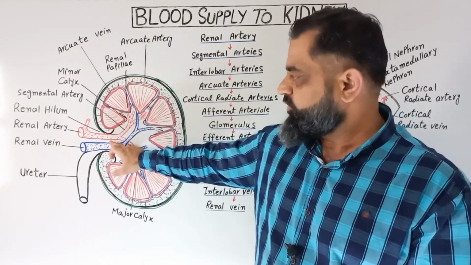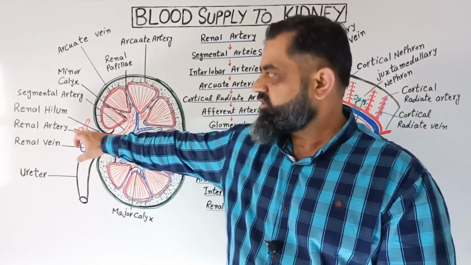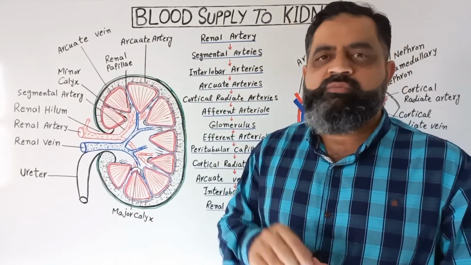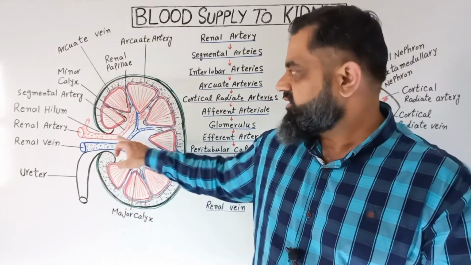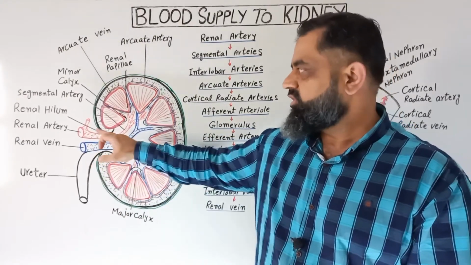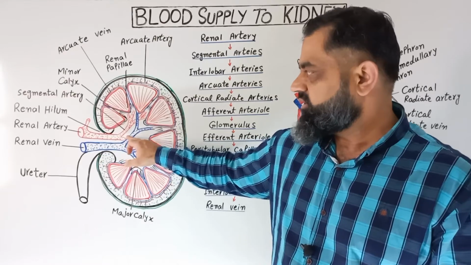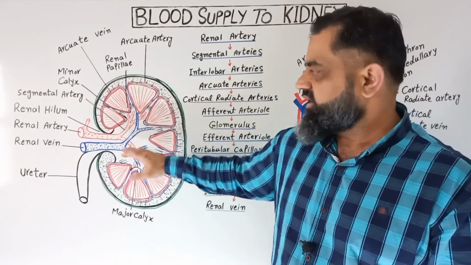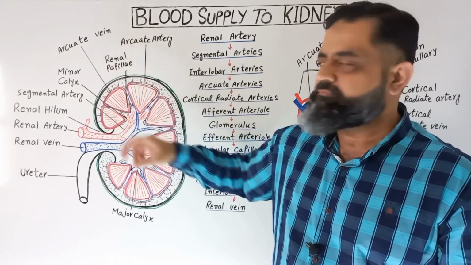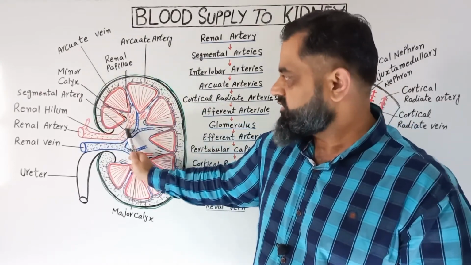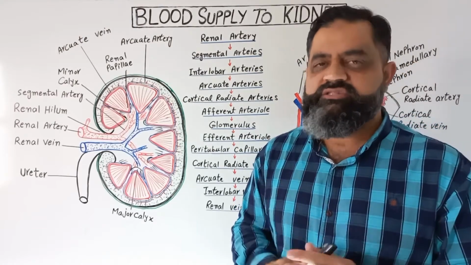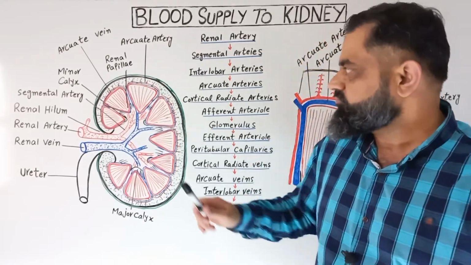If you look right over here, the blood vessel known as the renal artery originates from the descending aorta and enters into the kidney, right and left. The renal artery enters the kidney, where it divides and subdivides into segmental arteries. As you can see right over here, this is the segmental artery. This segmental artery again divides and subdivides into